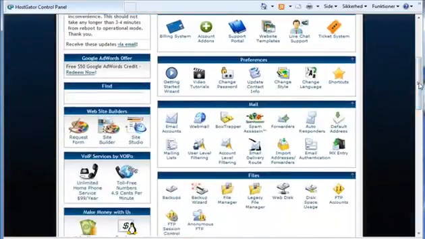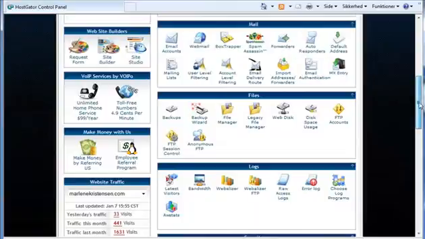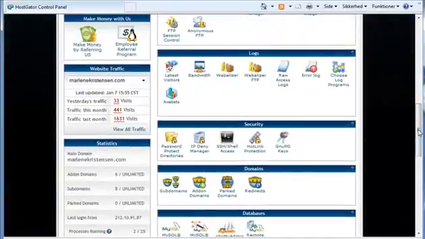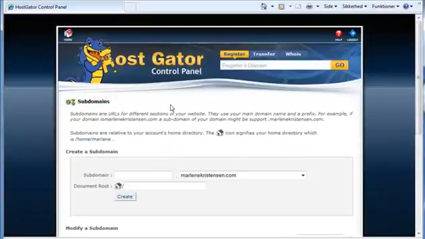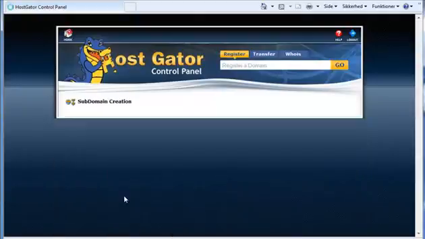Because of course I already have a WordPress blog on my main domain, so I won't be installing a new one there. So I have to make a subdomain. Of course you can install the WordPress blog on your main domain, but I'm going to show you how to create a subdomain as well. So you just scroll down to domains, click subdomains, and then we put in a test domain here, click create, and HostGator will make some server space for your new domain.